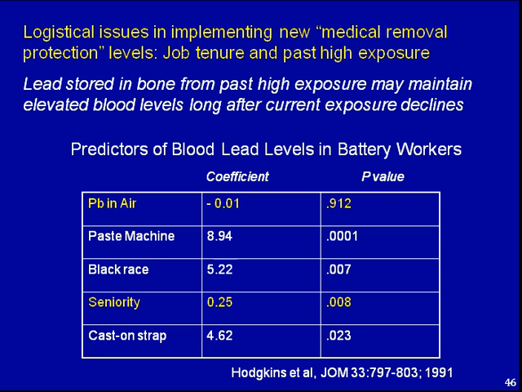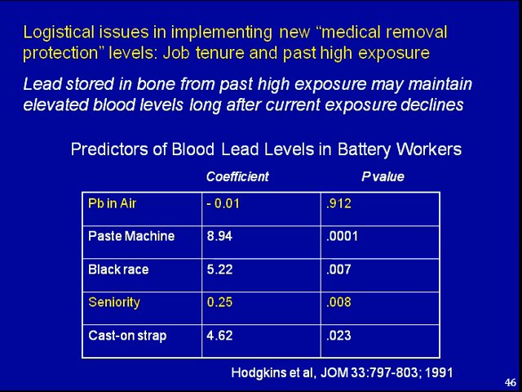The logistical capacity for these recommendations to be adopted is going to be somewhat challenging, and they may need to be phased in over a period of time, because even if we were to lower the permissible levels of lead in the workplace today, people who have worked in the lead industry for a number of years will have built up lead in their bones to the point that their past lead exposure will be a greater predictor of their blood lead than necessarily their current air exposure.